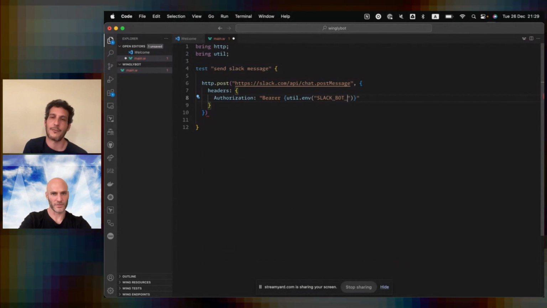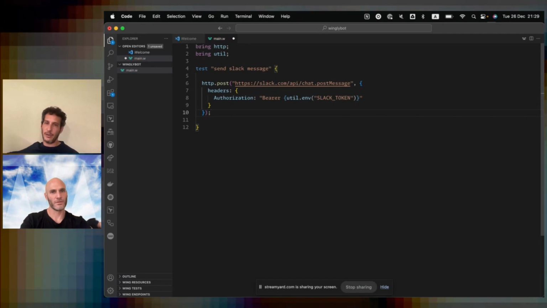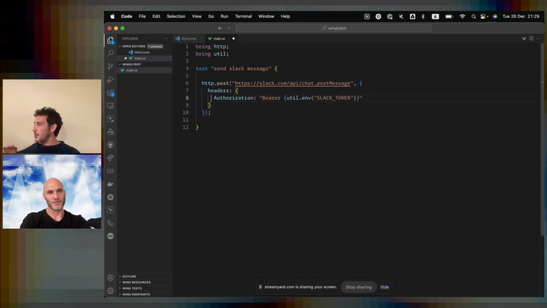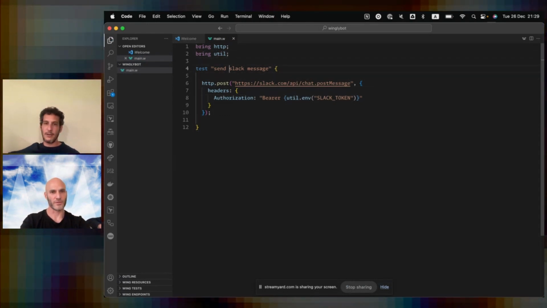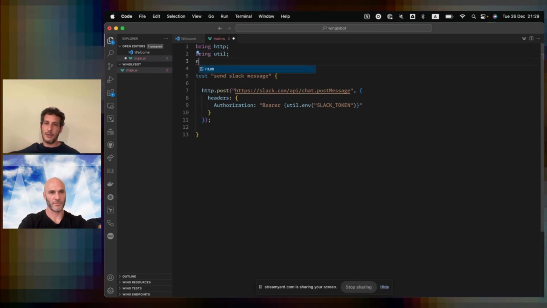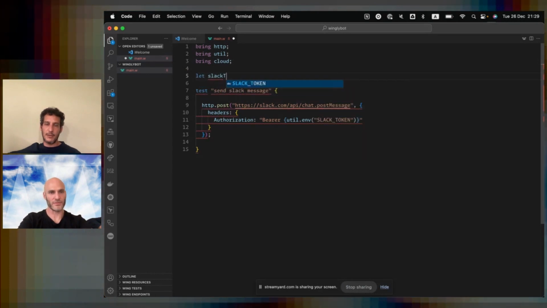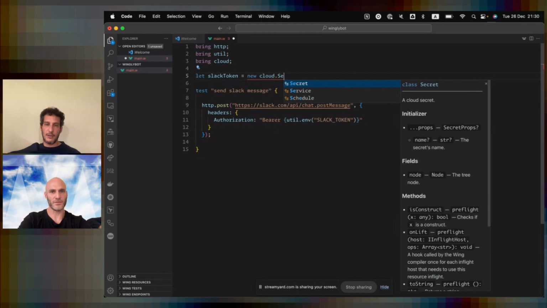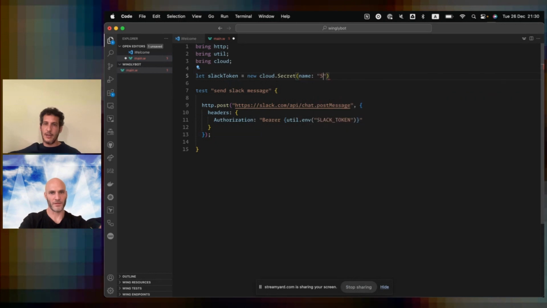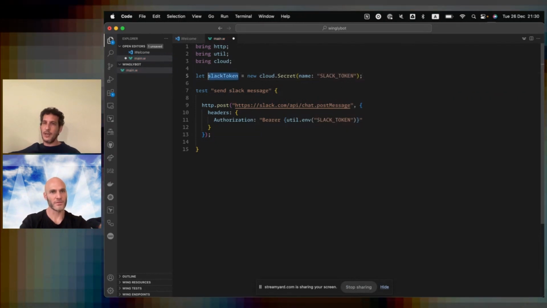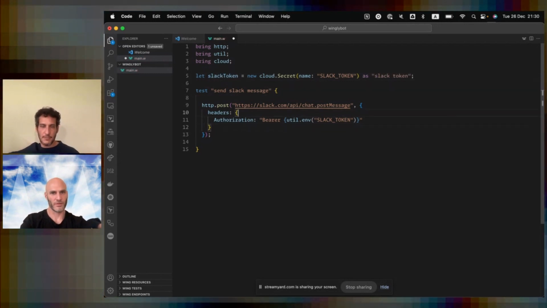Slack bot. You're using util env and not secrets. You should have used secrets for this, right? And put it in a JSON file, but you're lazy. Yeah, I think this might even not work. We can use a secret. Yeah, secrets is better, I think. Bring cloud. Slack token. New cloud secret. And then I think there's a name, no? Name. Yeah, Slack token. But I think in this example you should have Slack token. And then here,